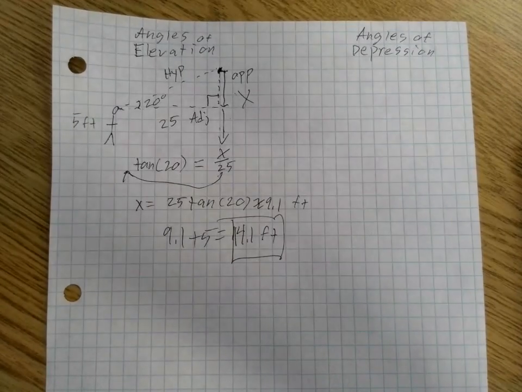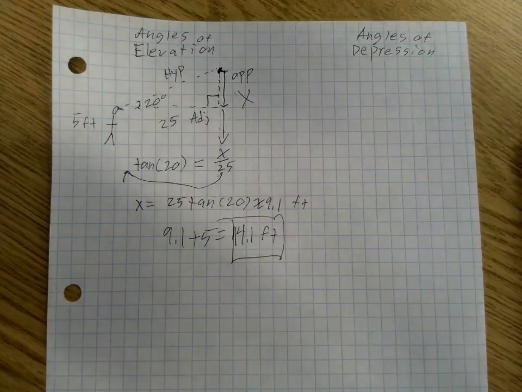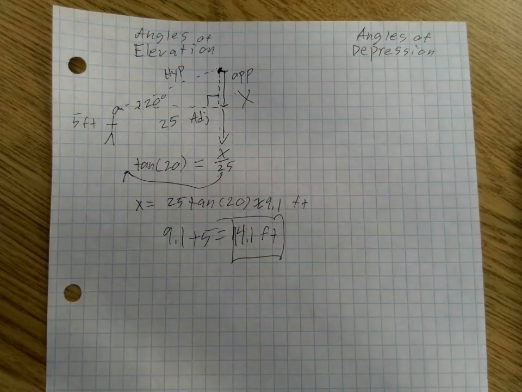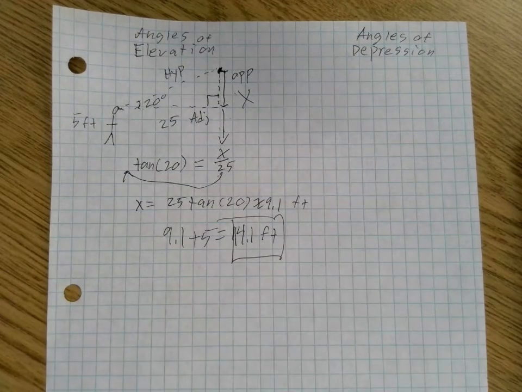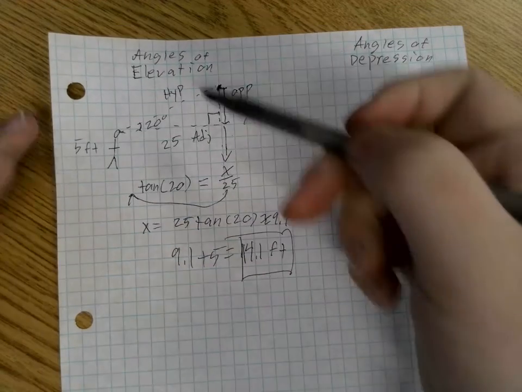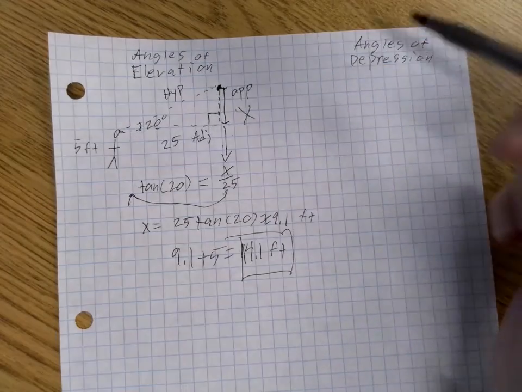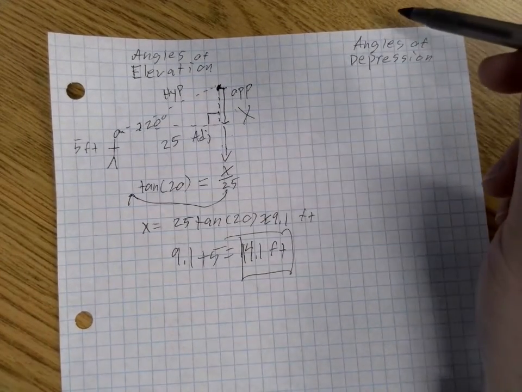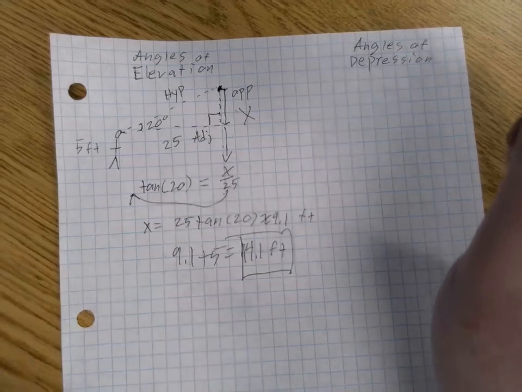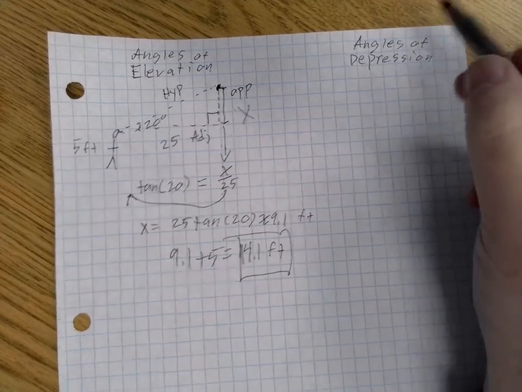So you always want to keep in mind, okay, where is the angle in relation to the ground? Is the angle actually on the ground, or is the angle actually hanging somewhere in the air? Always pay attention to the problem and where items are. So this is essentially an angle of elevation. Now, the other type of angle that you commonly come across in word problems is what's known as an angle